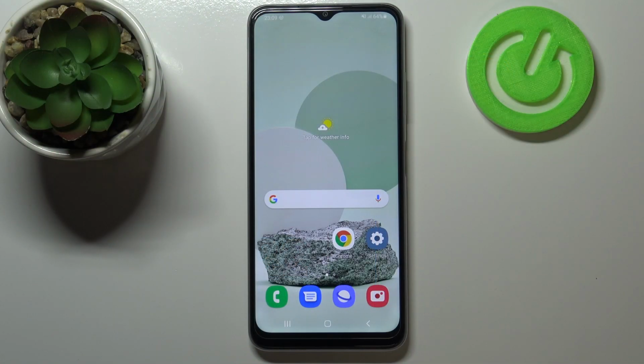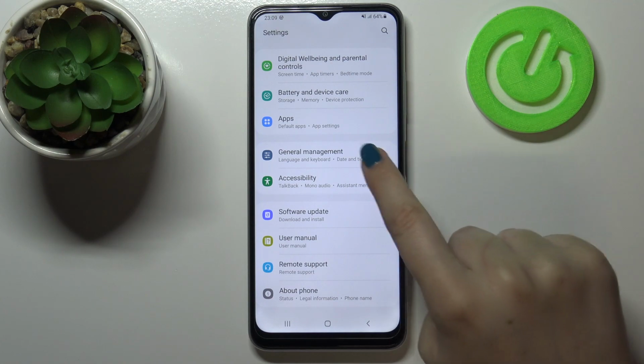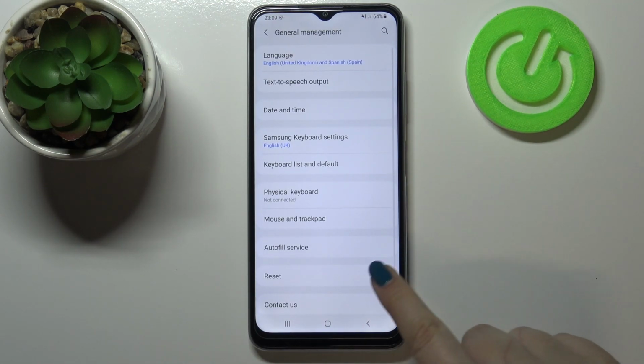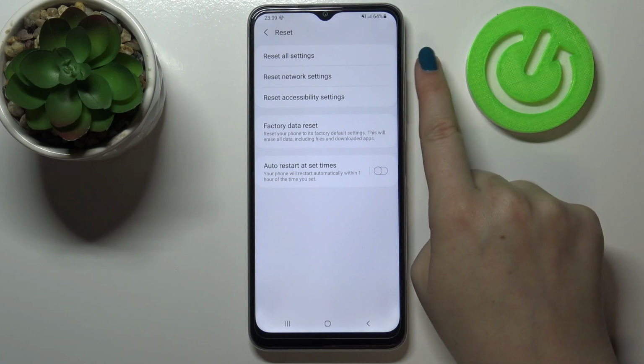Hi everyone, here we've got Samsung Galaxy M22 and let me share with you how to reset settings on this device. So first of all, we have to enter the settings simply, and now let's scroll down to the very bottom and tap on General Management. Now let's enter the reset option, and as you can see on the very first position we've got reset all